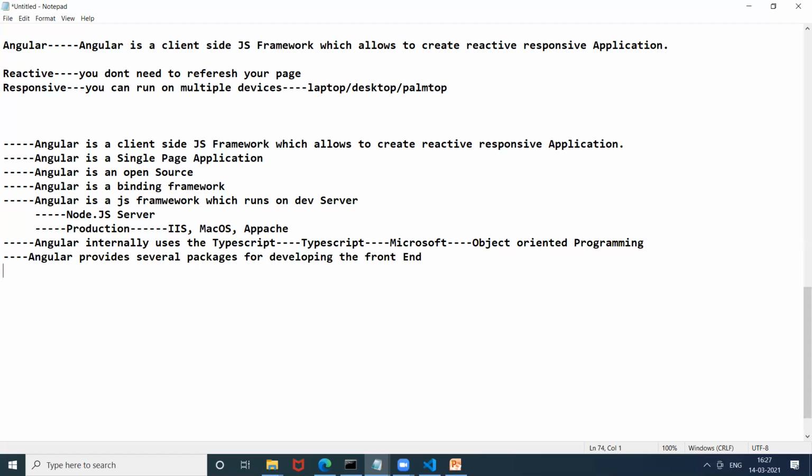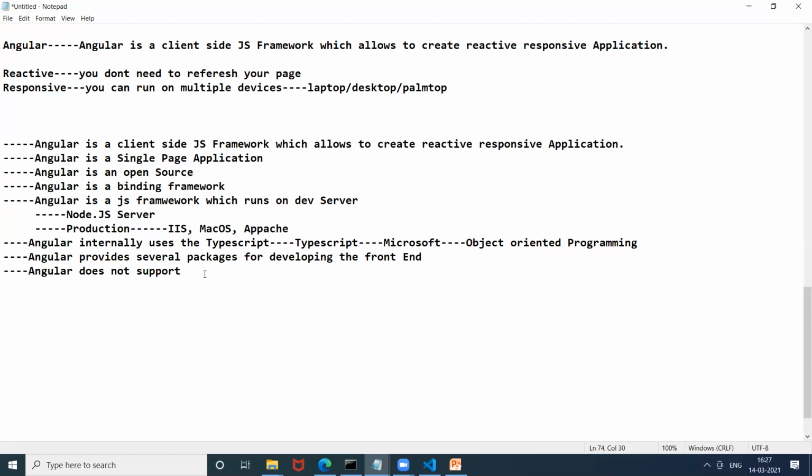One more point, Komal: Angular does not support database connectivity. I'm giving you lots of points so that in the interview you can speak about what exactly Angular is.